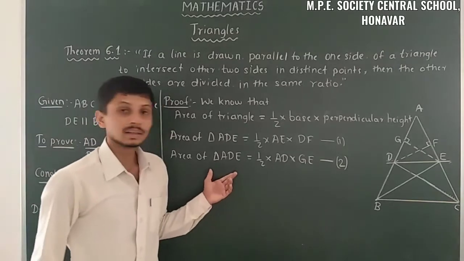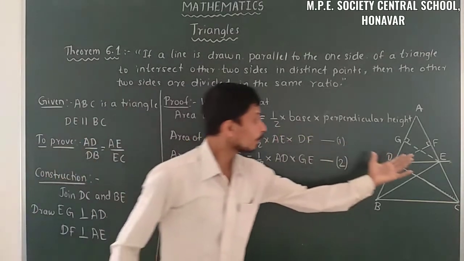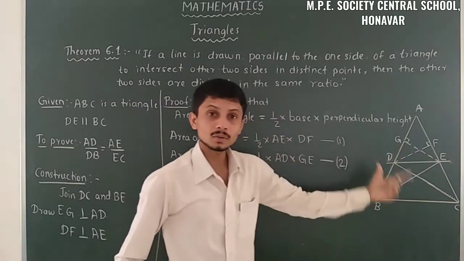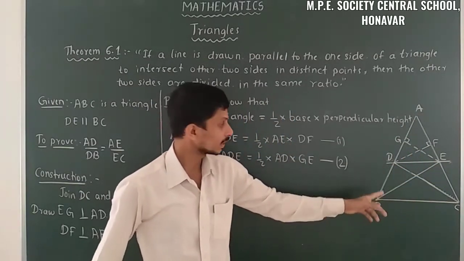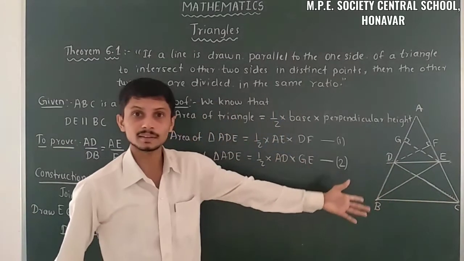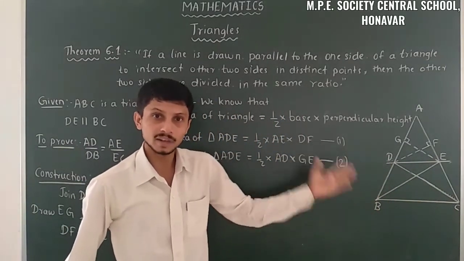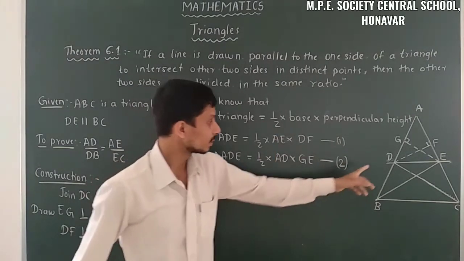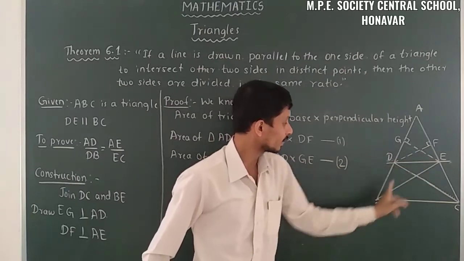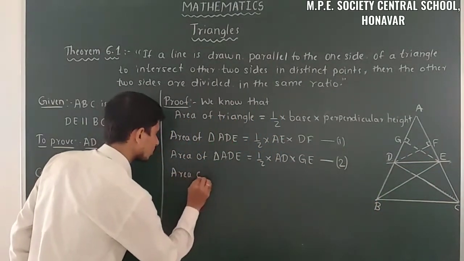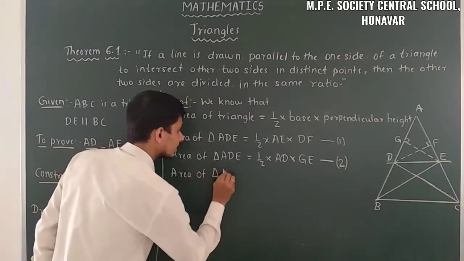Then, in the bottom part of this parallel line, there are two triangles formed, DEB and DEC. We have to take the areas of those two triangles. Firstly I will take triangle DEB, so here area of triangle DEB,